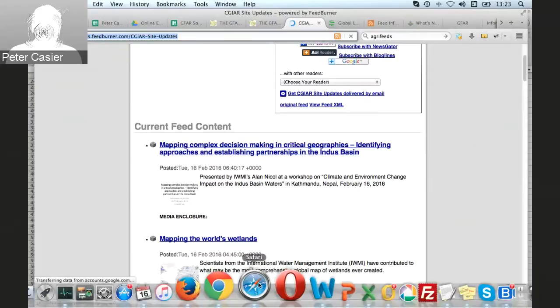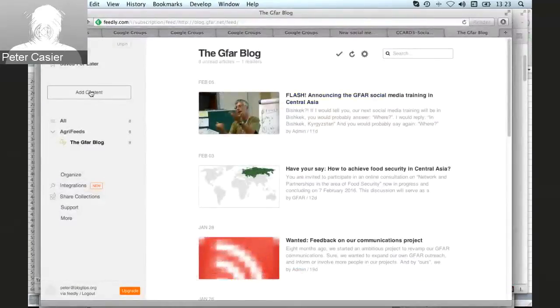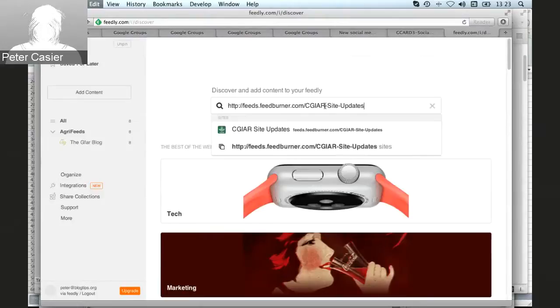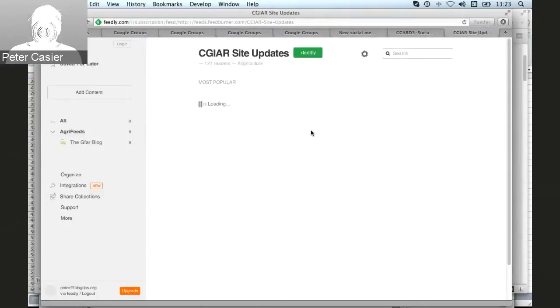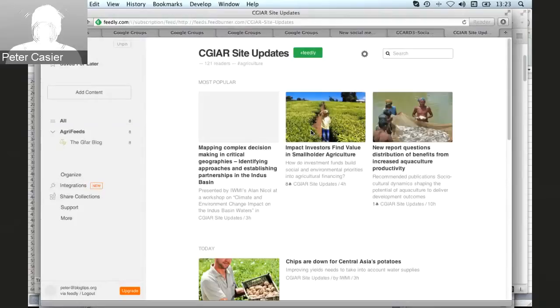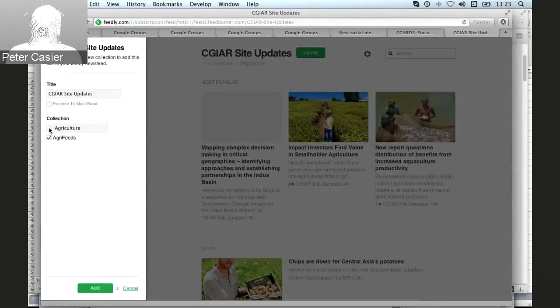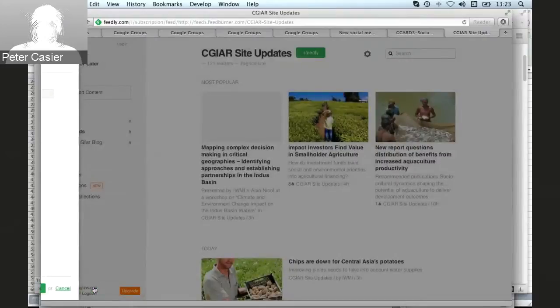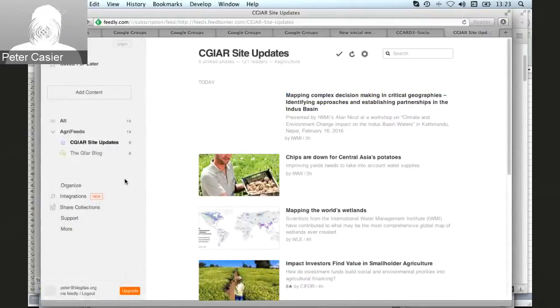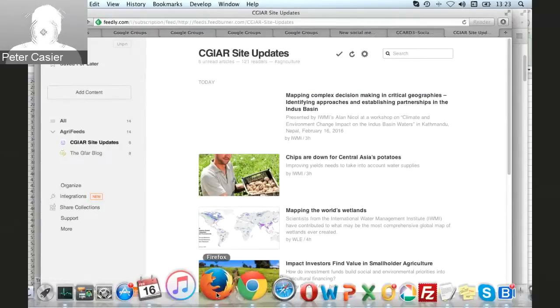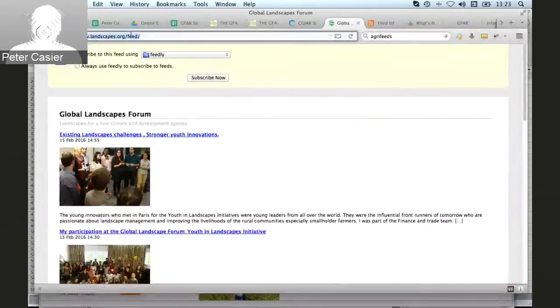So I'll take the URL, I copy it, and I'll paste it again into Feedly. And I'll add the URL, and I'll add it to Feedly. I will also add it to my AgriFeeds collection. And as you might see on the left-hand side, the list of all of the RSS feeds I'm adding to my AgriFeeds collection in Feedly keeps on growing. I'll add one more as an illustration. Let's take the Landscapes Forum